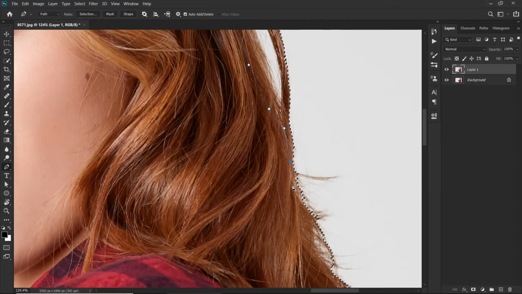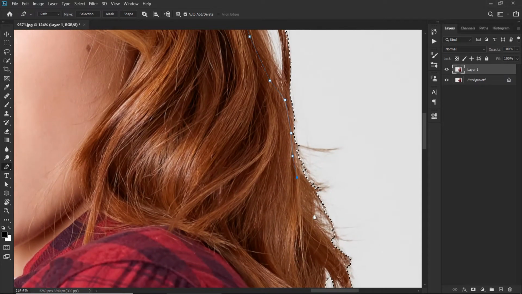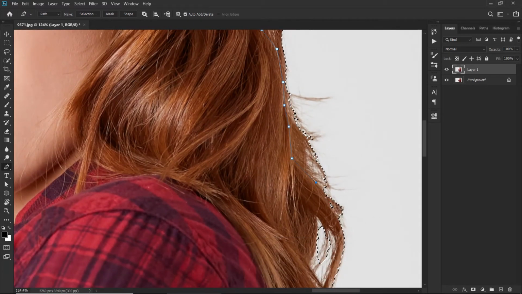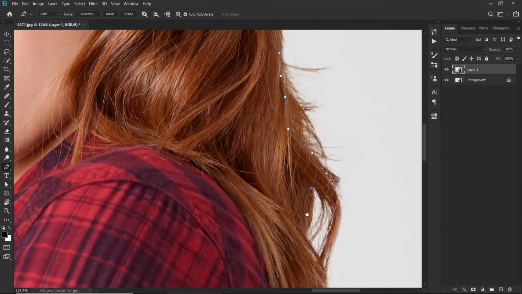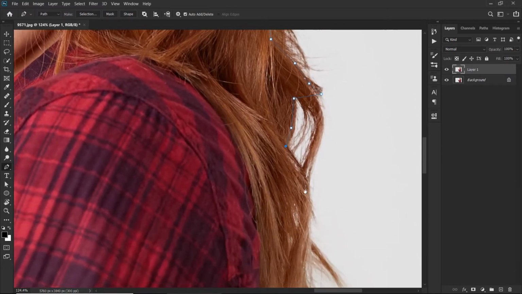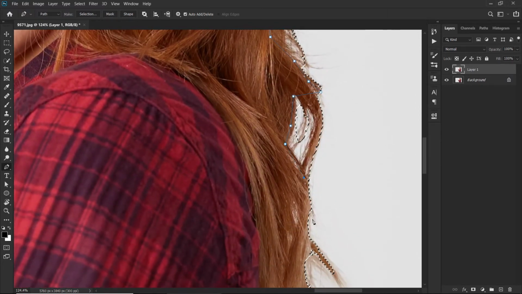We can further add this using some special features in Photoshop. So let me just, okay, I also don't want these hairs, so let me just quickly make this for you.